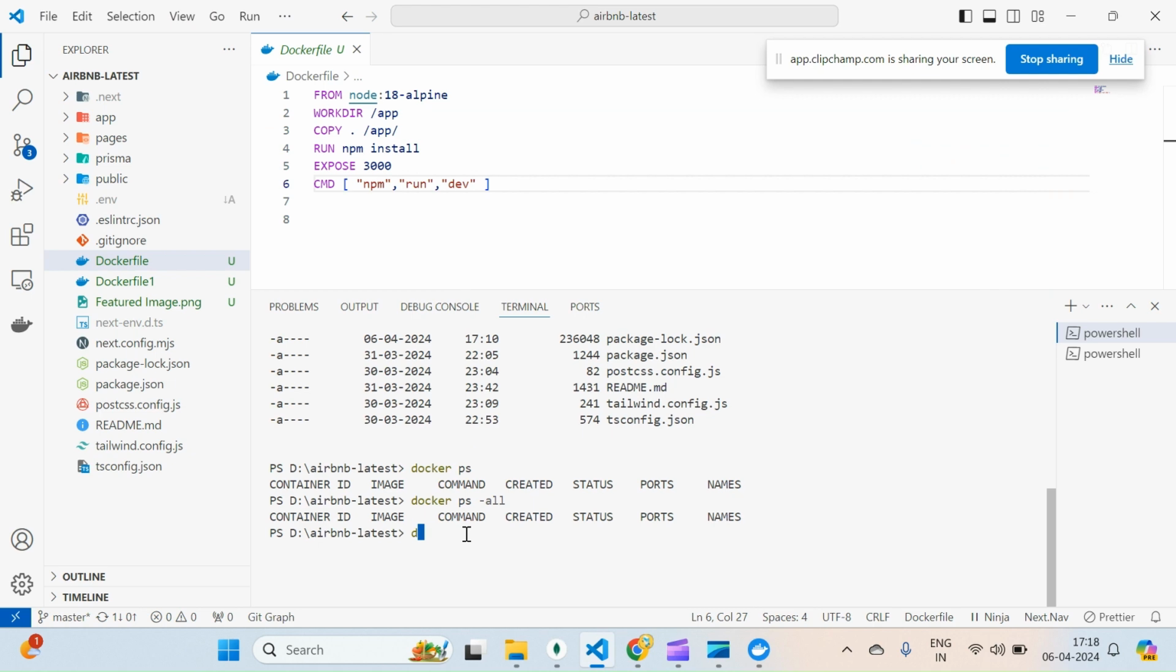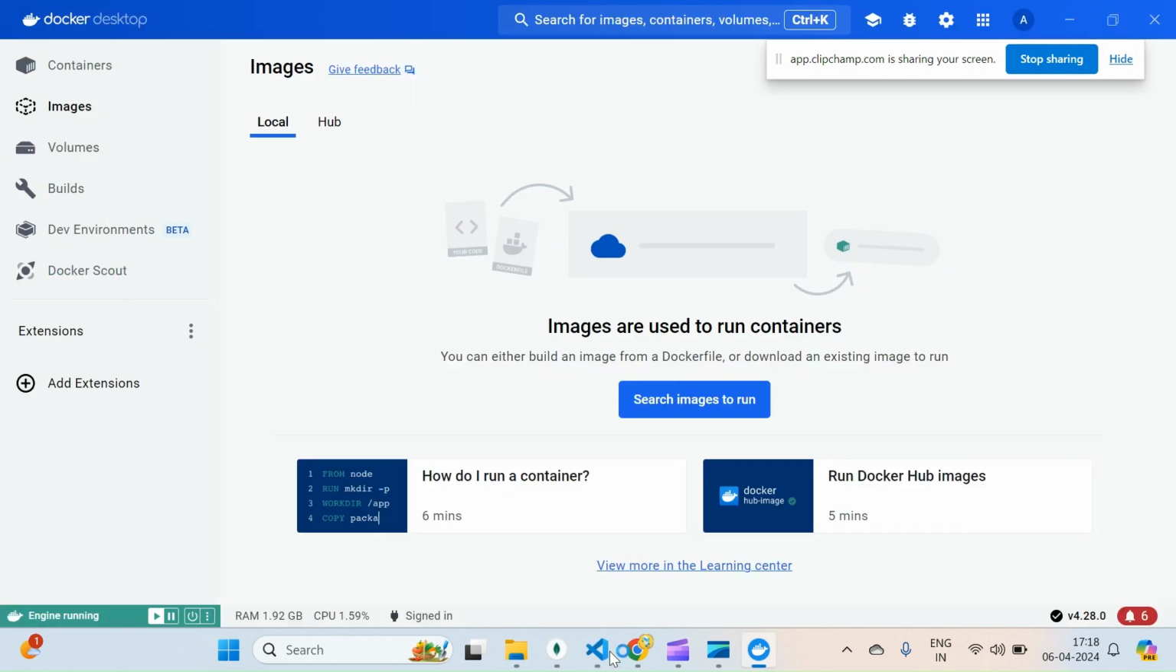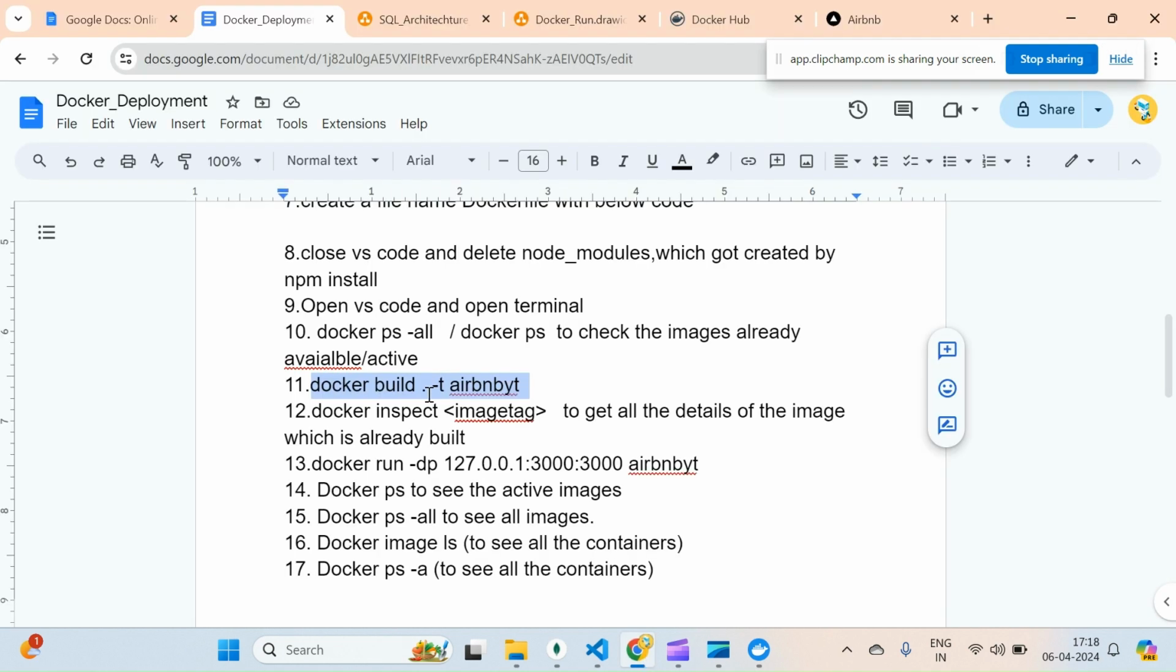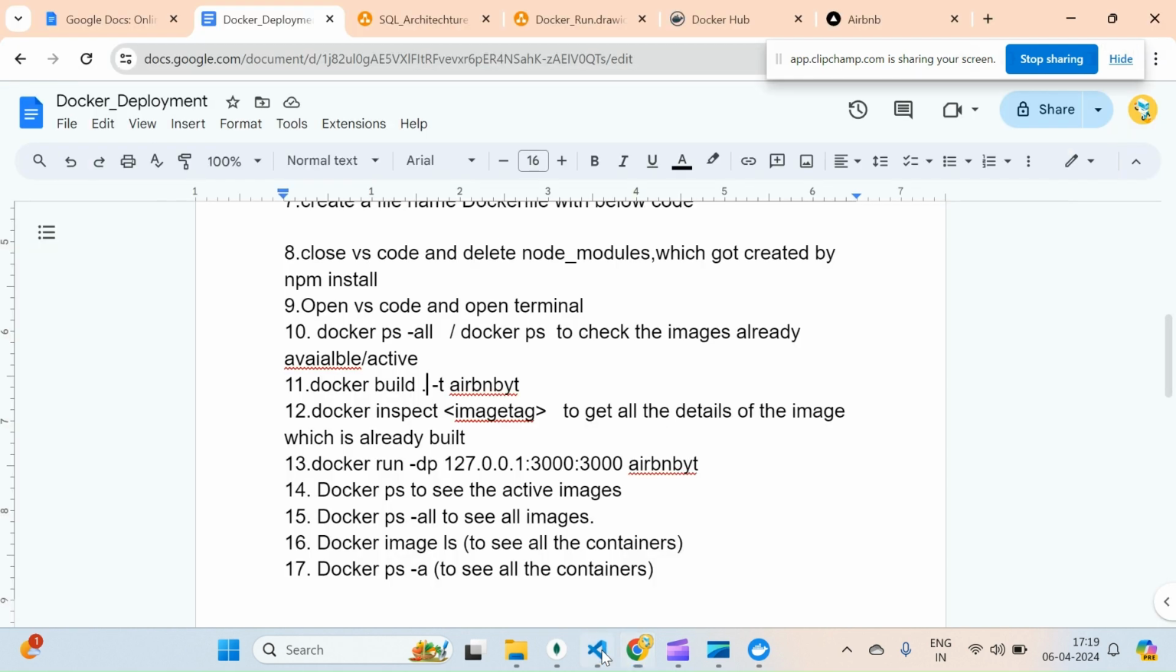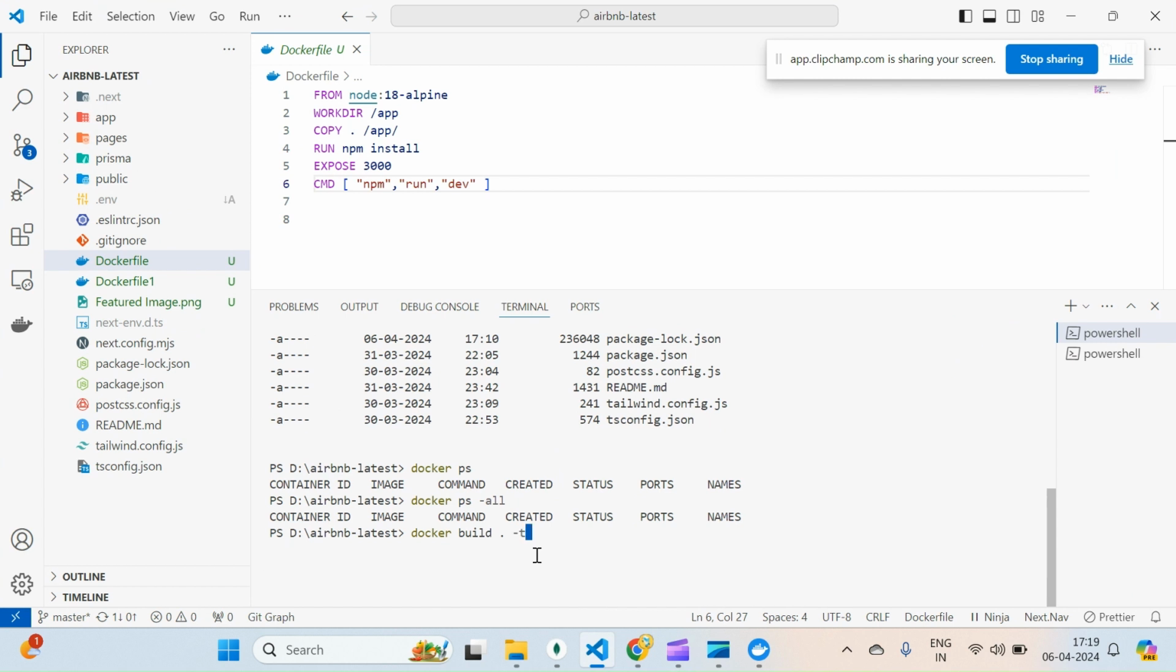Now what I will do is, I need to run docker build. Where do I need to build? In the same folder. Dot means I need to build in the same folder. In this particular folder itself, I want to build this folder, and I need to give the naming convention for